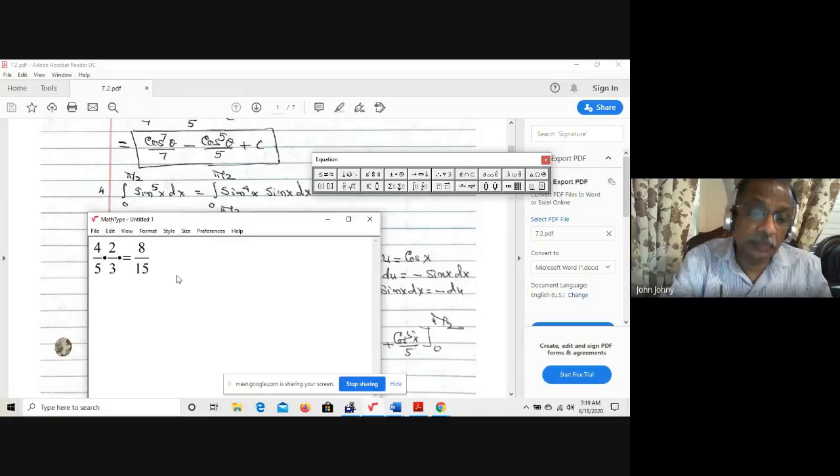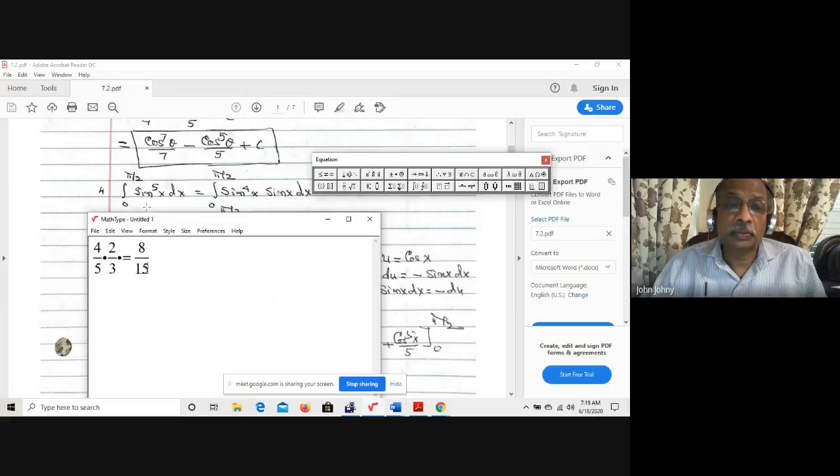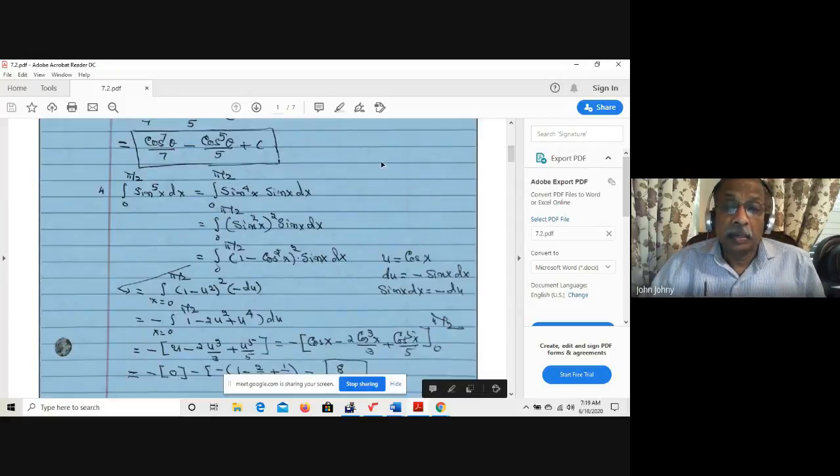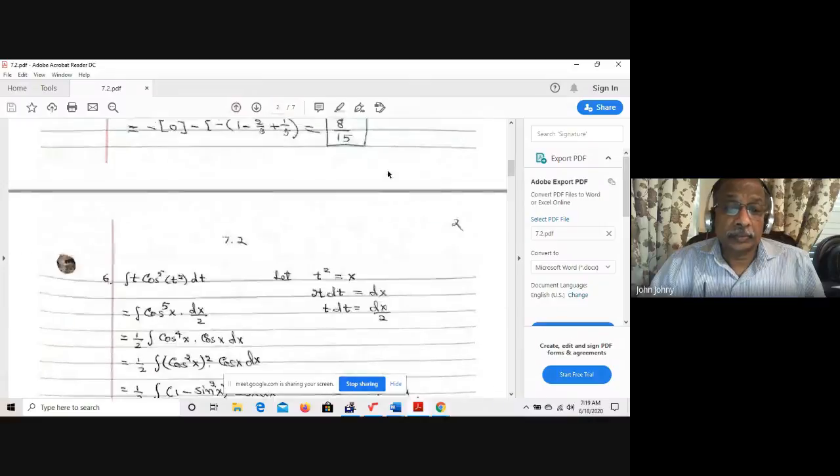So you may use this formula to verify your answer. This works only when the limits are 0 to pi over 2, and it must be either sine to the power of n or any number, or cosine to the power of any number. If it is even, then you have to multiply by a pi over 2. If it is odd, you just multiply by a 1. So this is the shortcut to evaluate it. Okay, next is